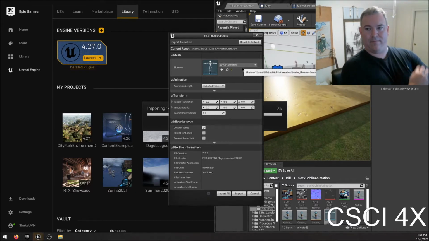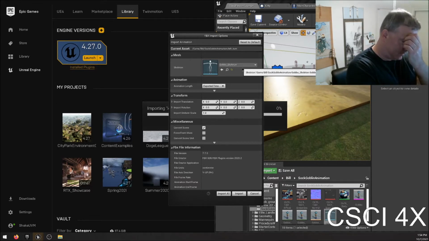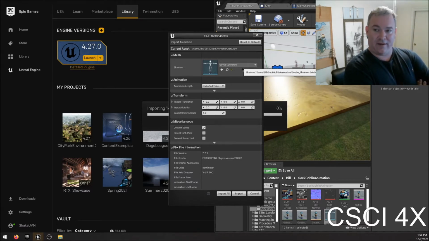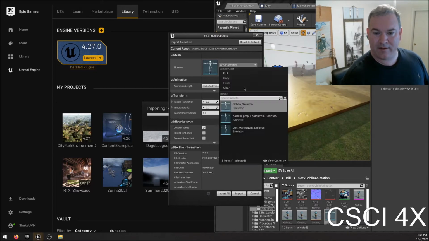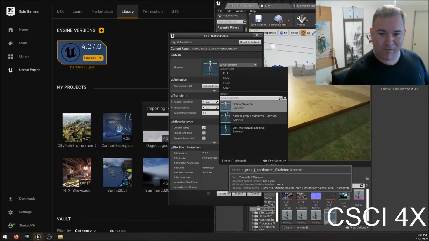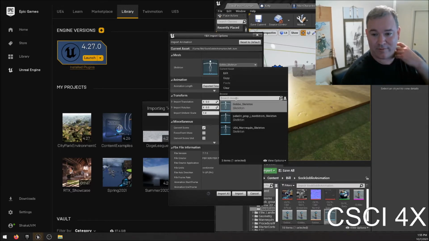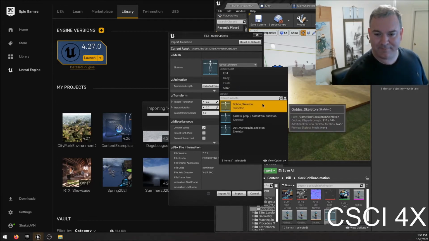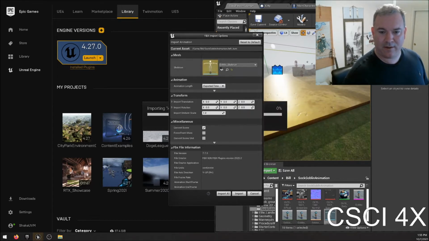Unreal Engine detects that the animations you're importing match the skeleton for the goblin. The skeleton for the goblin doesn't match the skeleton for the mannequins that you have by default. However, it does match the paladin that I use for my main character, because that also comes from Mixamo. So I'm just going to attach it to the Gobbo skeleton, because we don't need to make it any more complicated than that. So basically, you just pull those animations over,